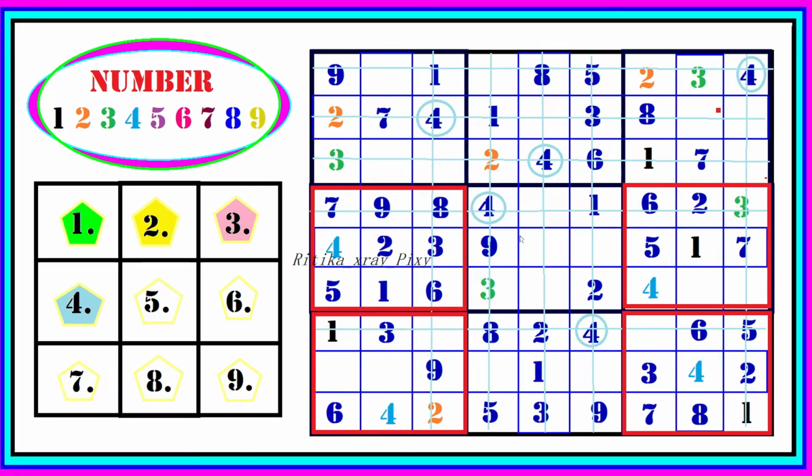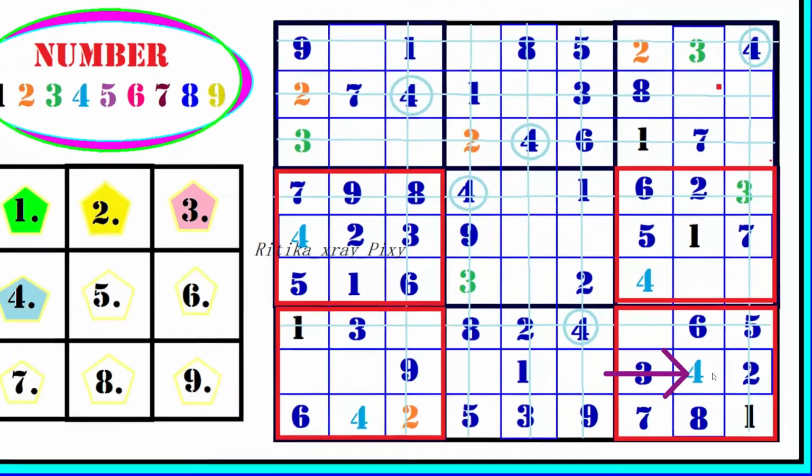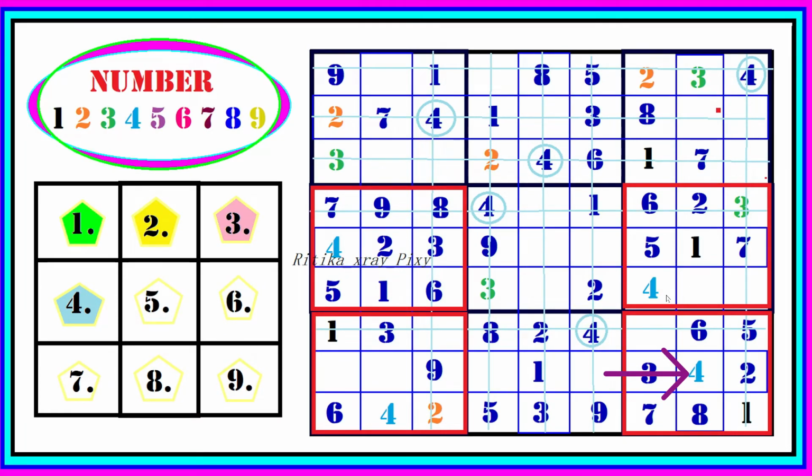Now place 4, check where 4 is already present, here you can see, and now we have to fill the blocks with 3, that is 4, 7, 6 and 9. So here you can see in the 9th block we have just 1 location, in the 6th block we have 2 locations, but as we already placed 4 in the 9th block, we cannot repeat the same digit in the same column, so here we have 1 location just. Now for the 4th block again we have 1 location, and now for this one, the remaining one is this one.